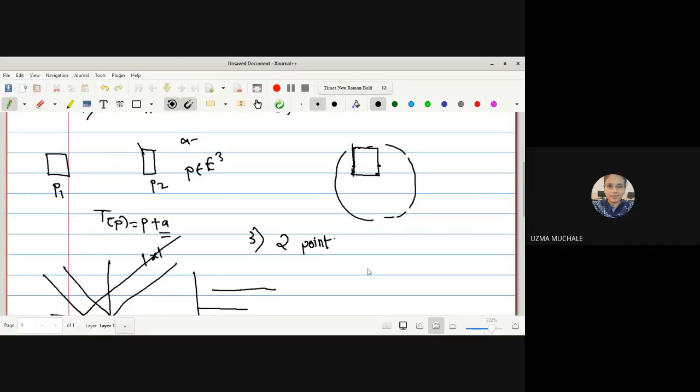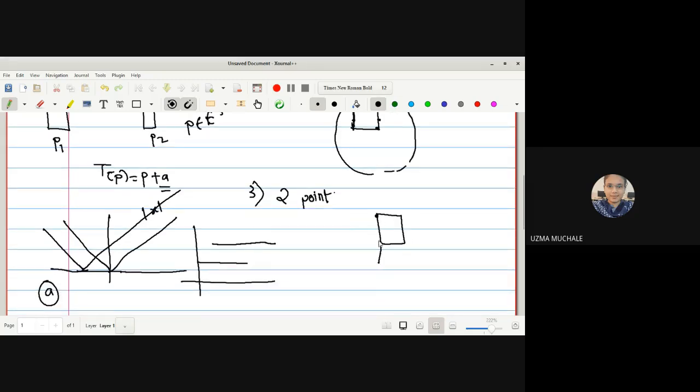What is the second one? We are going to fix 2 points of the body, right? Suppose this one and this one, both. If you fix the 2 points on the rigid body, it means this cannot be displaced, so this can be rotated in this way. Just like the thing which we have done in our childhood. You must have seen toys, everyone. Suppose it is like this. So these points are fixed and this will be rotated like in this region. Getting me? Yes, ma'am. Okay, so if I fix 2 points on this, it will rotate like this.